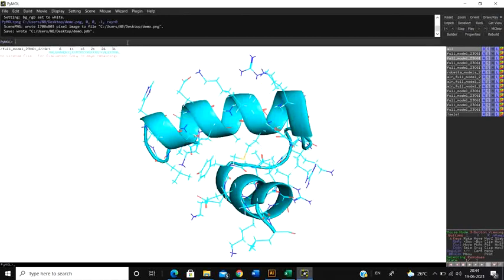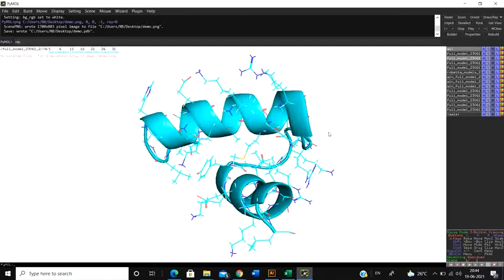Now for saving the molecule, you can also save it using the ray option. If you click on ray, it is going to make sure your molecule picture is very good, but ray takes up the entire RAM. It takes a huge computational processing power, and that actually hangs my computer, so I'm not clicking on ray. Only when you need to save the picture, type in ray and press Enter, and after the picture is made, don't click anywhere else, because if you click anywhere else after the ray, that picture is going to vanish and you have to type in ray again.